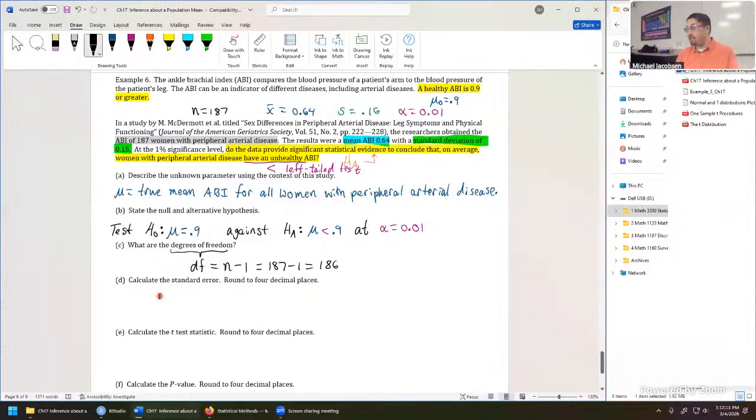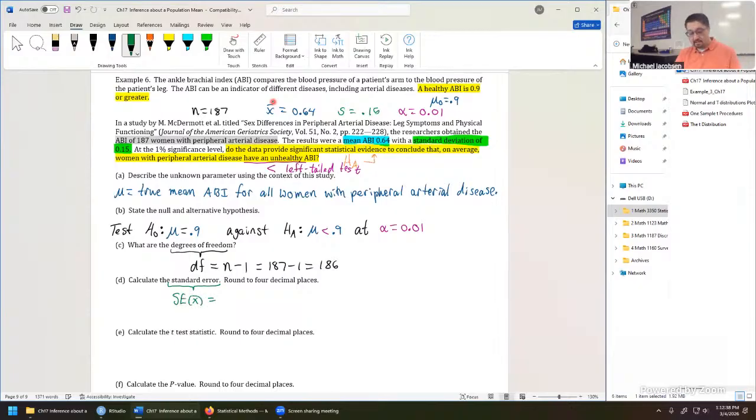Another formula is the standard error. This one's a little bit more involved, so let's take our time with this one. When you see standard error, it's context sensitive. There's different standard errors in chapters 18, 19, 20, and so on. But in chapter 17, when we're testing just one mean x mu, we're talking about the standard error of x bar. So we write this as SE